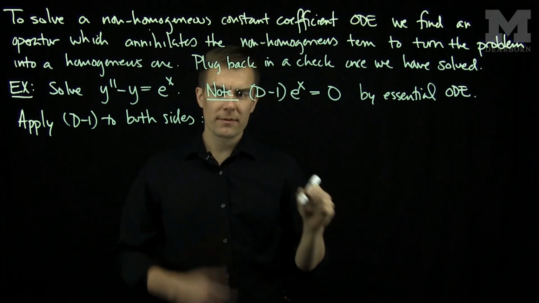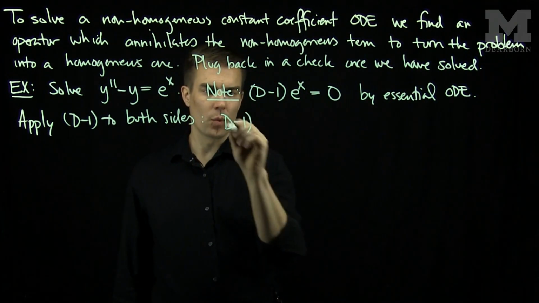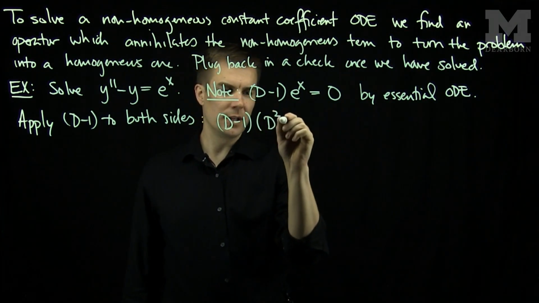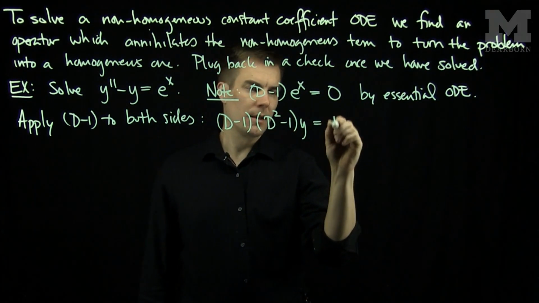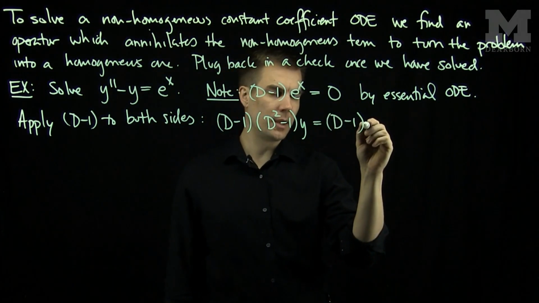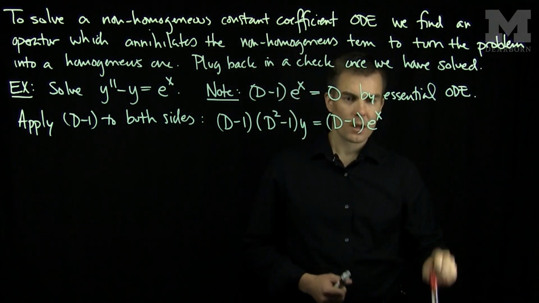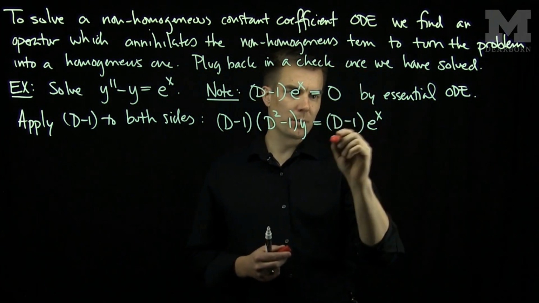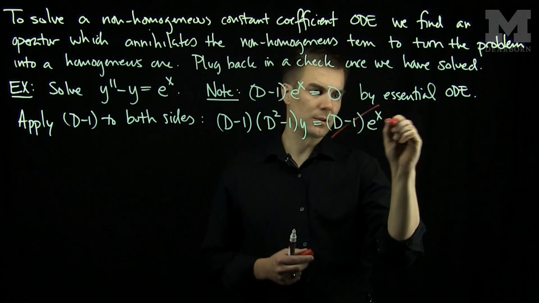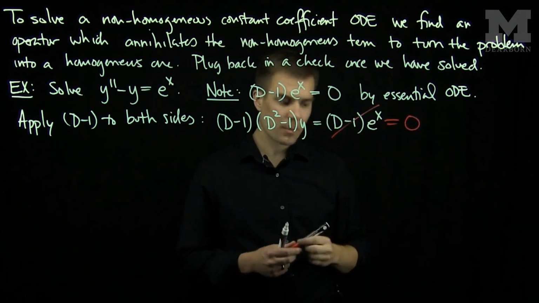When we do so, the left-hand side will become d minus 1 applied to d squared minus 1 y, and the right-hand side will be d minus 1 applied to e to the x. Now we notice that d minus 1 applied to e to the x is 0, and we've turned our problem